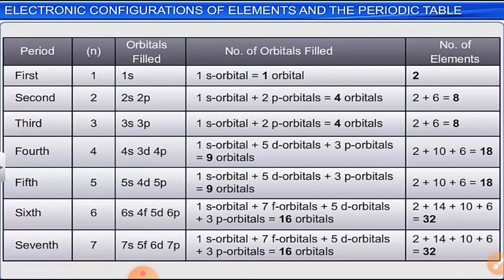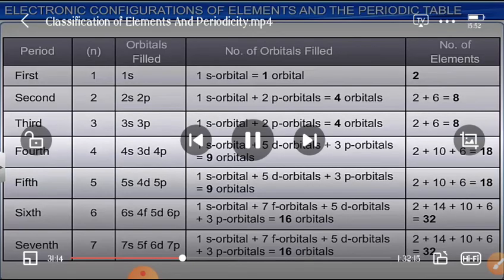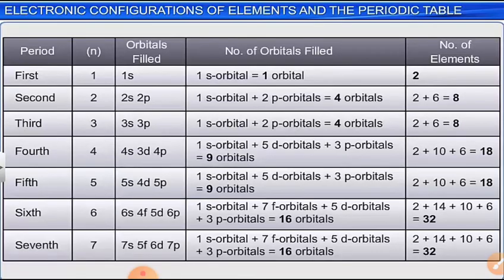So the orbitals and the number of electrons that are being filled in each period can be seen in this particular table. You have to learn this: which are the different orbitals being filled in which period and how many elements there will be in each period. Give your answer from the orbitals that are being filled up. The first period has only the 1s orbital being filled, so 2 elements would be present. The second period has the orbitals 2s and 2p, so 8 elements. The third period also 3s and 3p, 8 elements.